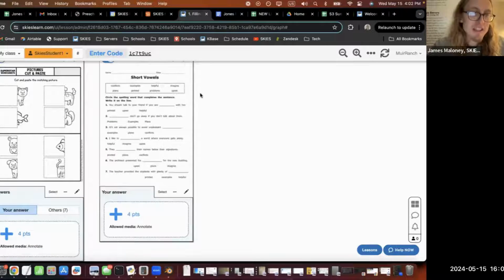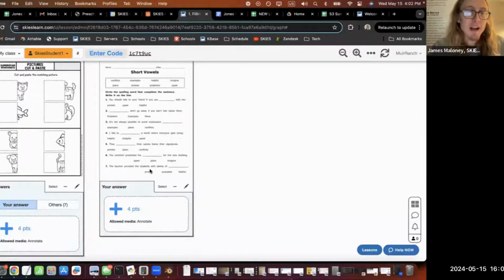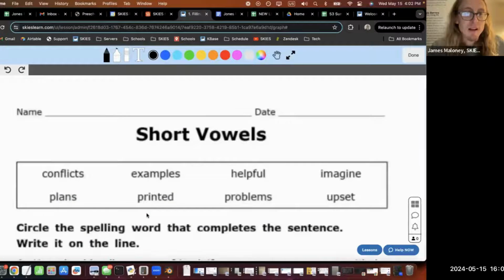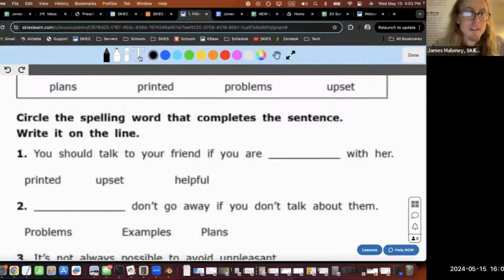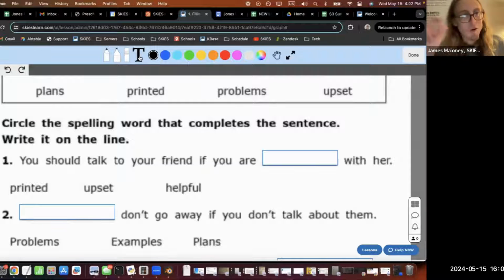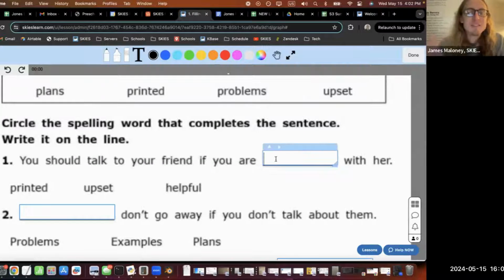Now, if you have a worksheet like this, the second worksheet, when you click on this button, same button, right? You press on the T. Please don't write the words, type them in. You'll notice that as soon as you click on the T, the boxes just appear.